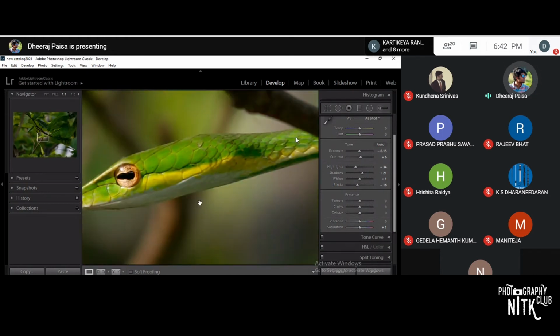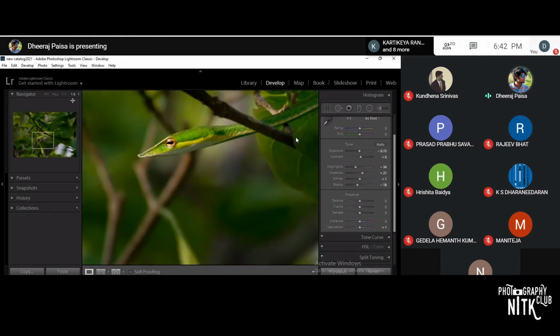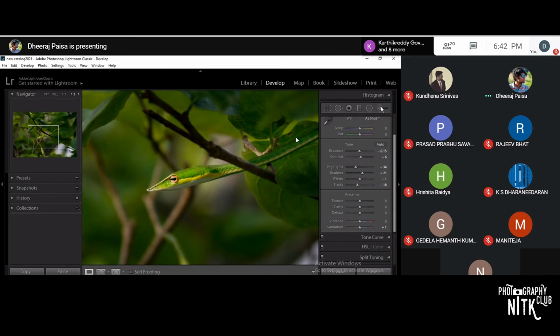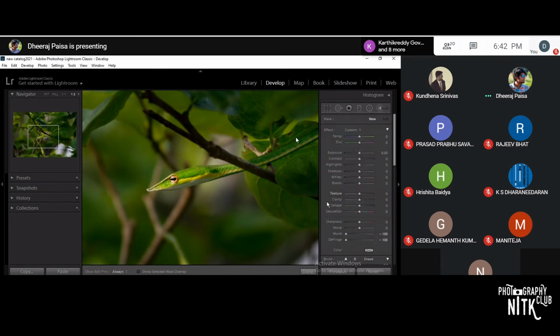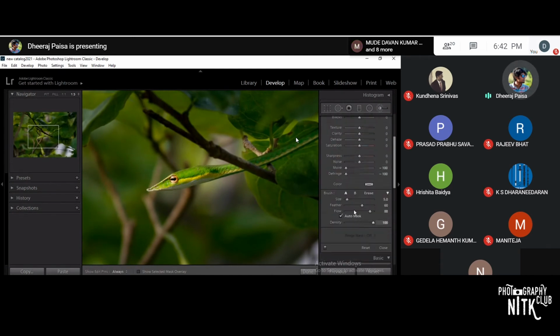Now I want to add some texture over the snake skin. So I'll use the adjustment brush. You can change the size of the brush using these options, and you can change the intensity of flow with this option. Always check whether auto mask is on.